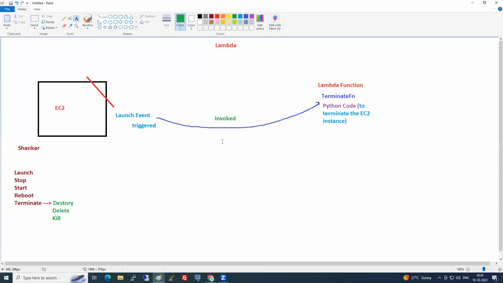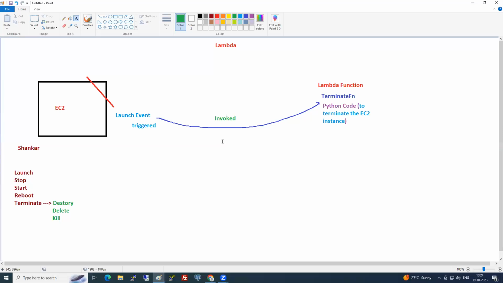So when the launch event is triggered, I'll call the Lambda function. What is there in that Lambda function? Code to terminate. So it will go and terminate the machine. However many times he has launched the EC2 instance, that many events will be triggered. When that launch event is triggered, the terminate function will trigger. That is the reason why whenever he is launching the EC2 instance, the Lambda function automatically goes and